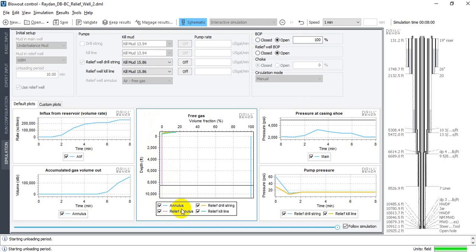We have relief drill string and relief annulus, which blow out the gas from it, and annulus for the mine well. As we see here, the annulus for the mine well is 100% volume fraction percentage, but the relief annulus started from 0, and relief kill line from 0 to 20